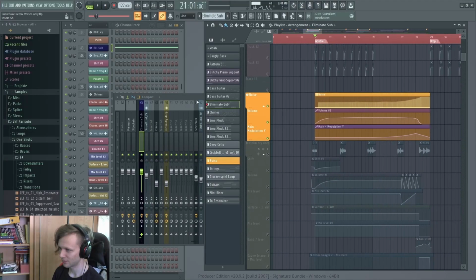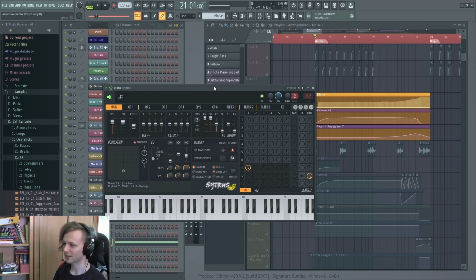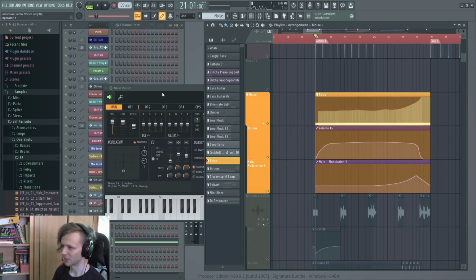Heck yeah, okay. We got this noise layer. There's a noise preset in the Axe Nucleon folder. And yeah, I just got rid of the effects. And then you can adjust, as it says here, the cut using the X modulator and the width using the Y modulator. And I recorded some automation in this pattern here to make it